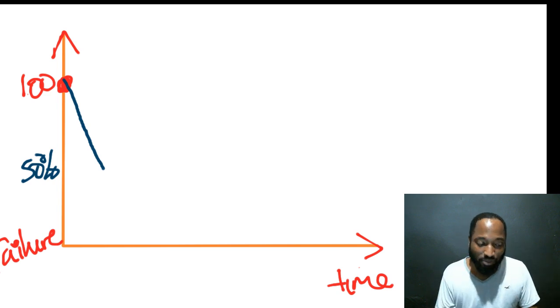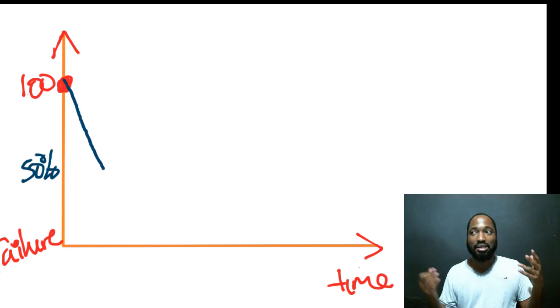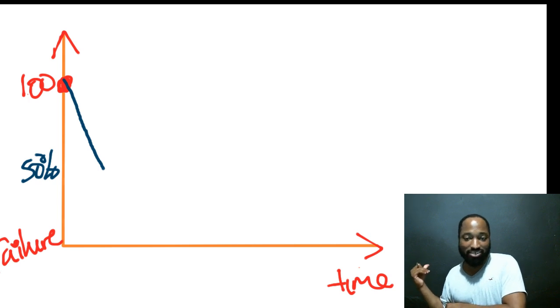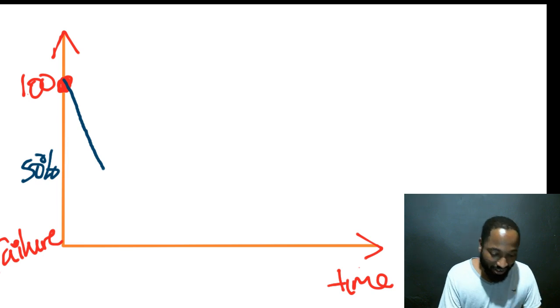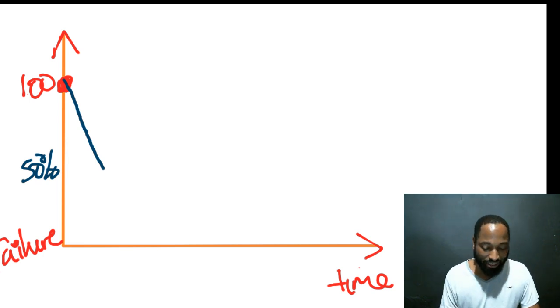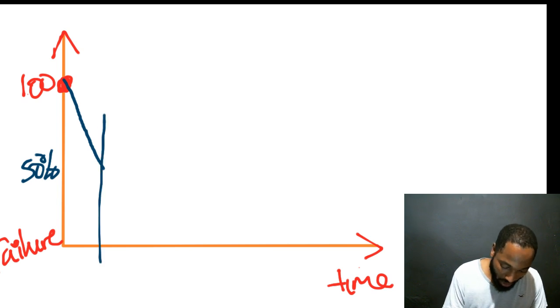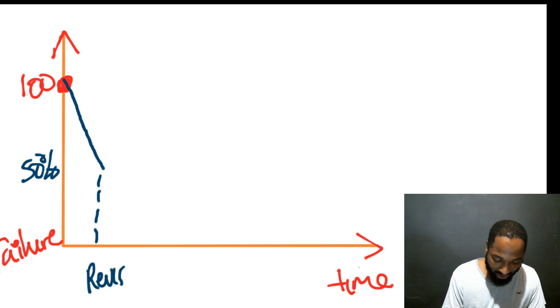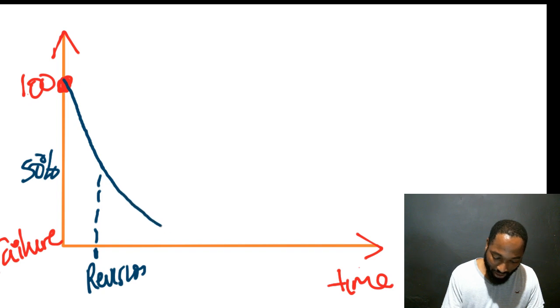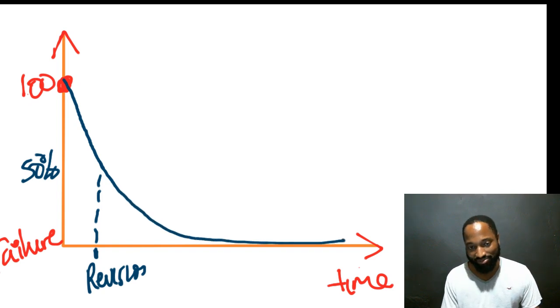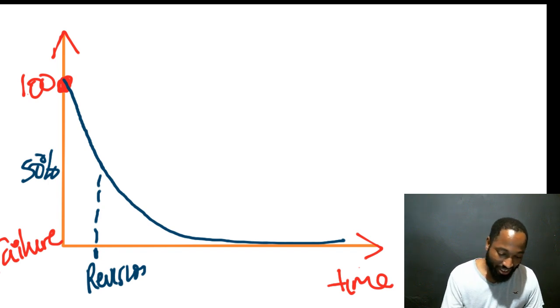Now, if I give my really top students a test the next month, like my students who go on to get scholarships, they're still at 100%. Why are they still at 100%? Because of something called revision. So this is one day after. But the person who didn't do revision will just keep going down until they reach failure. Pure failure, because they didn't revise. What revision does is a magical thing. It takes it all the way back up.